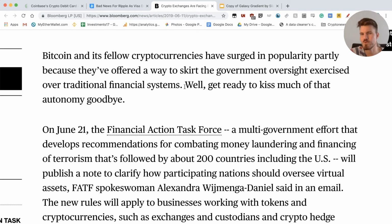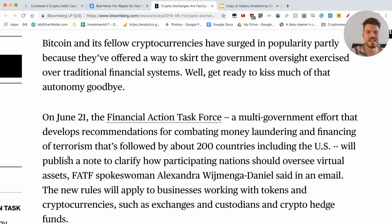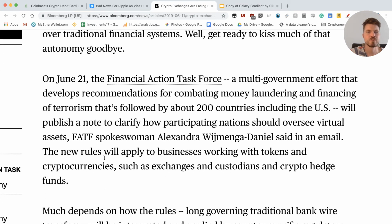I'm sure some people are concerned about government oversight, other people are not, but very often the regulations favor the rich and not the normal folk like us. So, get ready to kiss much of that autonomy goodbye, and that's because of the Financial Action Task Force. On the 21st of June, I think it's the 12th of June,